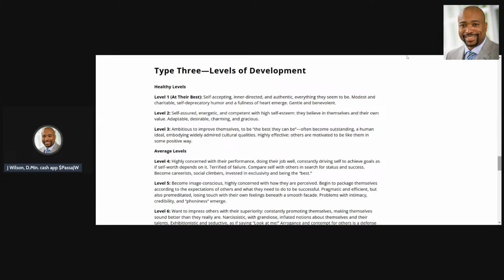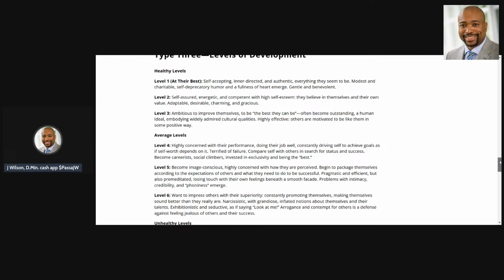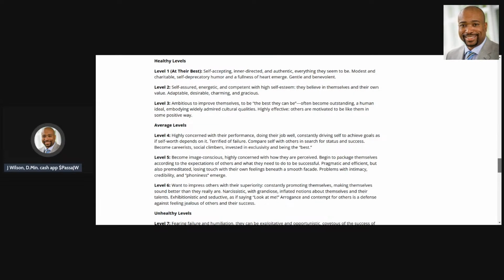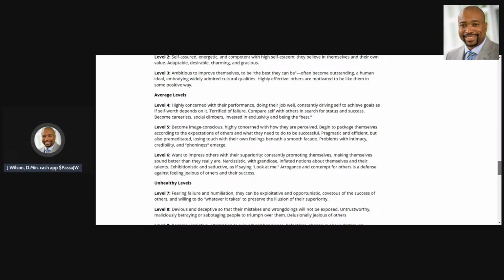So let's go. At their best, self-accepting, inner-directed, and authentic, everything they seem to be. Modest and charitable, they have humor, fullness of heart, gentle and benevolent. They're self-assured, energetic, competent, with high self-esteem. They believe in themselves. They're ambitious to improve themselves. So that's that. At the average level, they're highly concerned with their performance, doing their job, constantly driving themselves to achieve